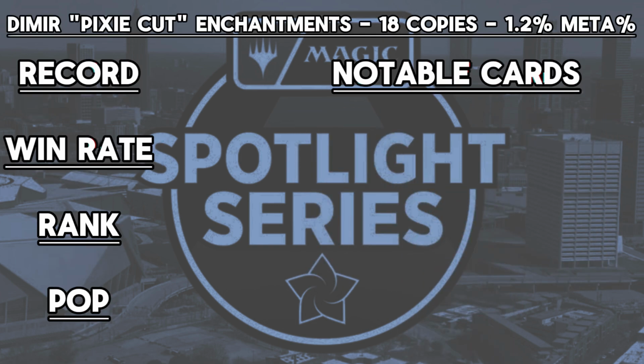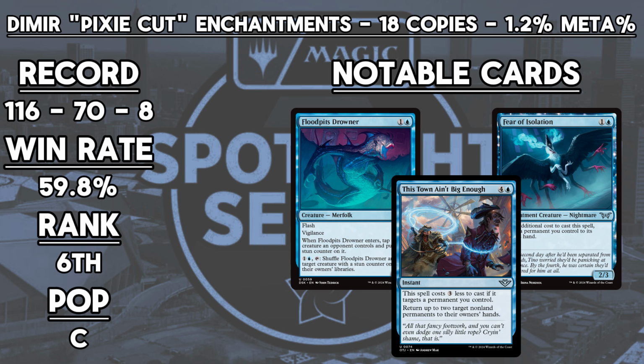The Dimir Enchantments makes the 6th spot in win rate with 18 decks in the room, making it the winningest deck list with more than one copy at the MSS. Now, the finalist archetype looks to leverage the same bouncing shenanigans that the Esper Pixie deck does with Fear of Isolation and This Town ain't Big Enough to keep the board locked down as it recurs threats like Storm Taser's talent and then utilizes Flood Pitch Drowner over and over again to tap down opposing threats and push through damage